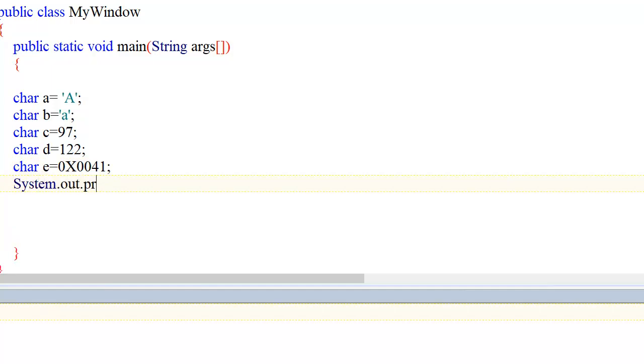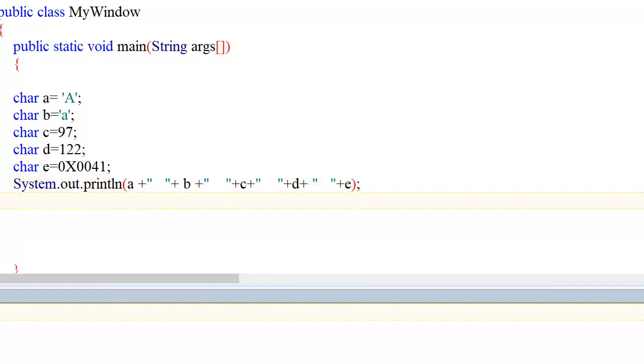And let's print: System.out.println, a plus a little space, plus b, plus a little space, plus c, plus a little space, plus d, plus a little space, plus e.